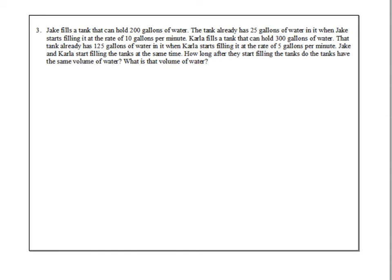Here's one of our word problems. We have Jake and Carla who are filling an aquarium tank. So Jake's holds 200 gallons. Carla holds 300. To be honest, that's fluff information. It's information we don't need. So it says that Jake's tank has 25 gallons of water in it, plus the fact he's filling it at a rate of 10 gallons per